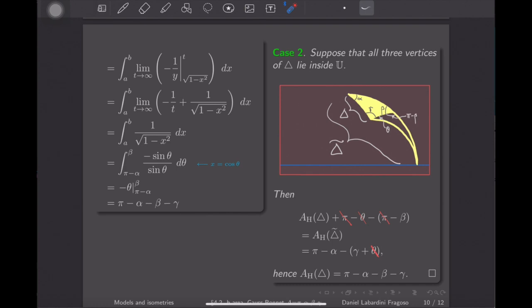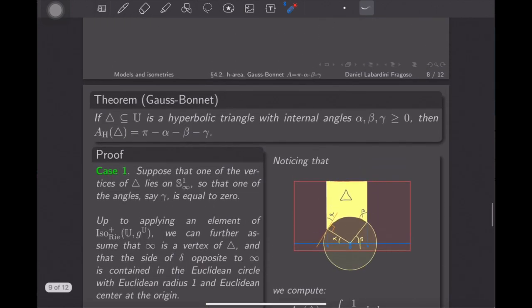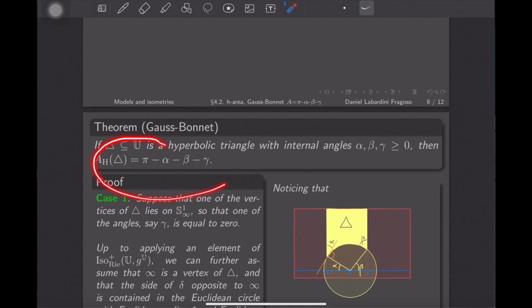And what I obtain is that this one is this with the beta moved to the other side with a minus, and this is exactly what I wanted. And this finishes the proof of this beautiful formula of Gauss-Bonnet,